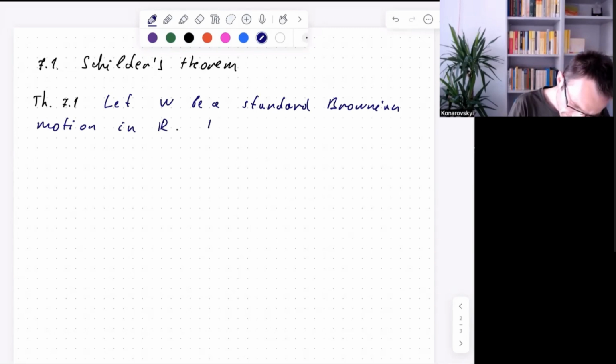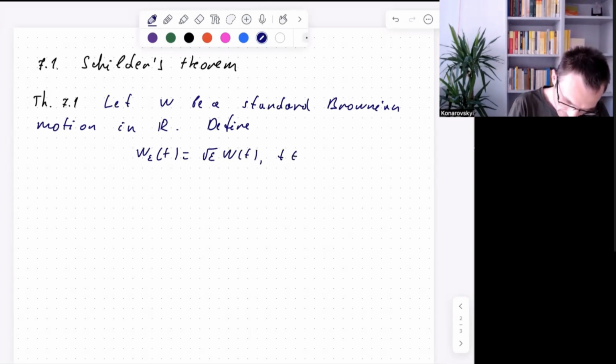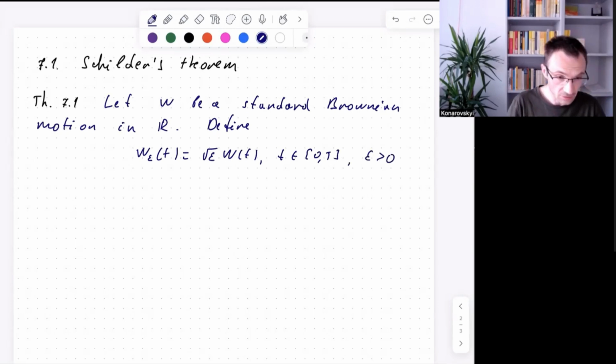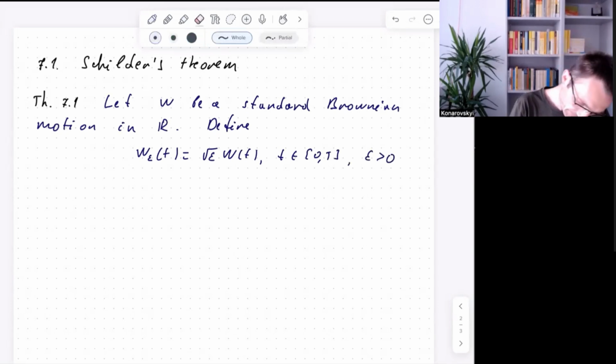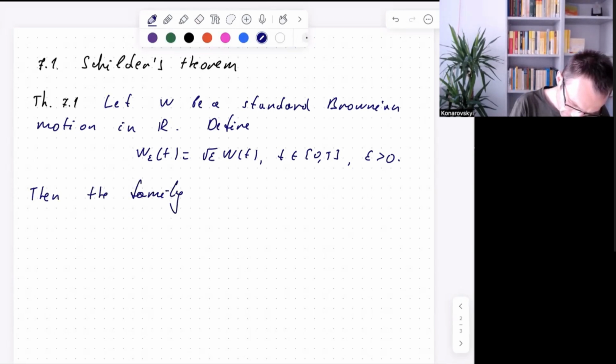And we also define the family W epsilon of t that is equal to square root epsilon W of t for t from 0 to capital T, and for epsilon that are positive, then the family W epsilon satisfies